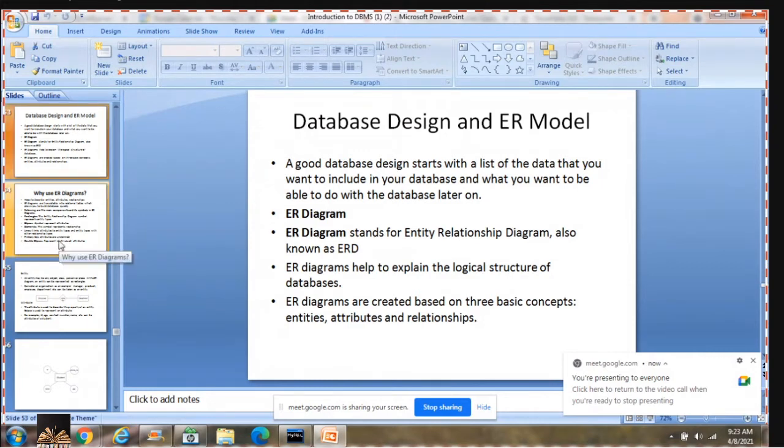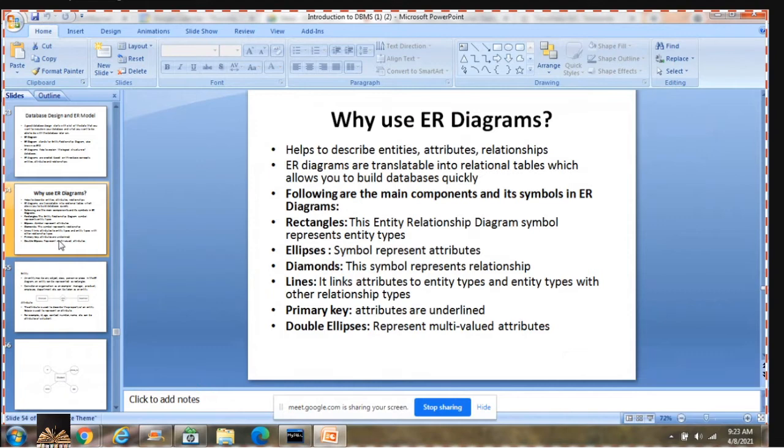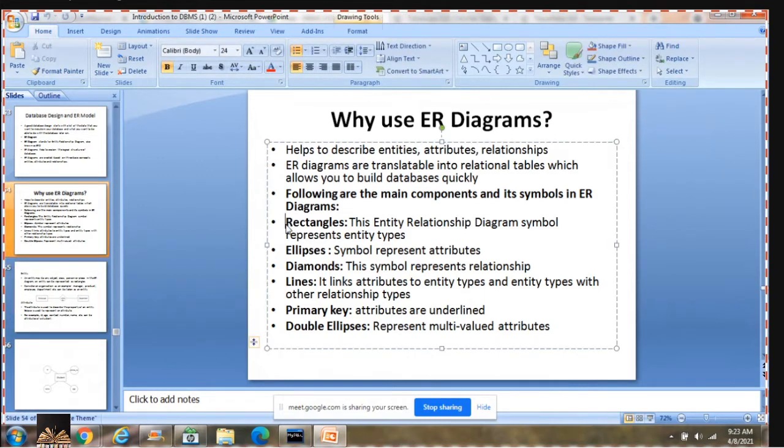Rectangles represent entities, ellipses represent attributes, diamonds represent relationships, and lines link attributes to entities and entities to relationships.